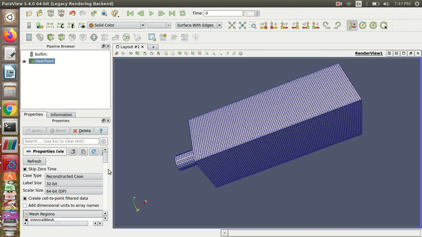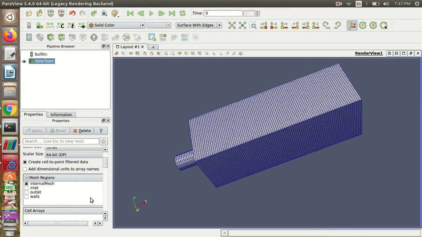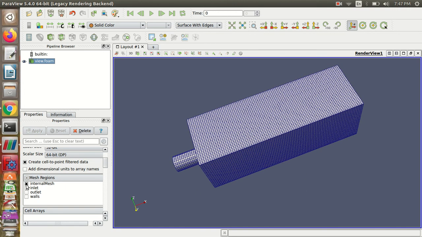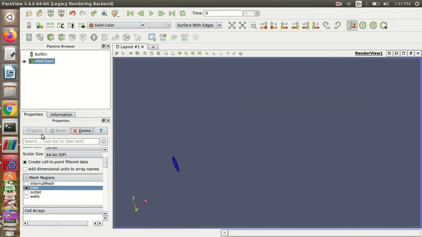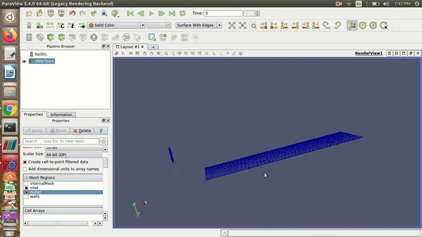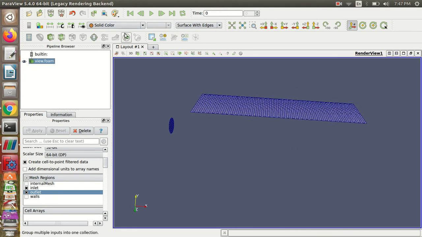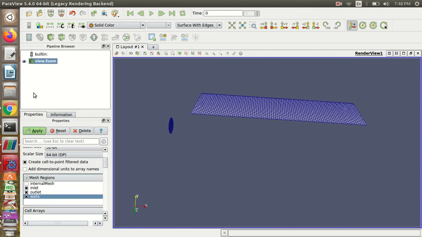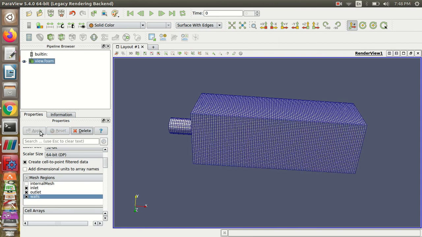The key thing to be noted here is that you now have only 3 patches, right? Let me show you your inlet patch, and the outlet patch. Outlet means your top patch here, along the y-axis. And your walls, everything is now ready.